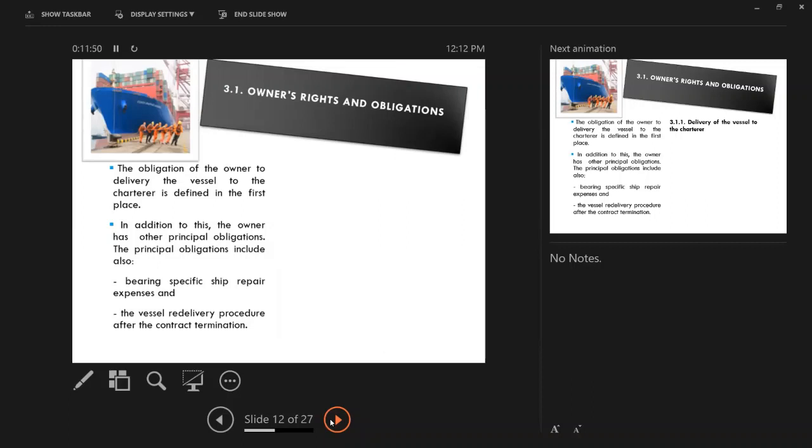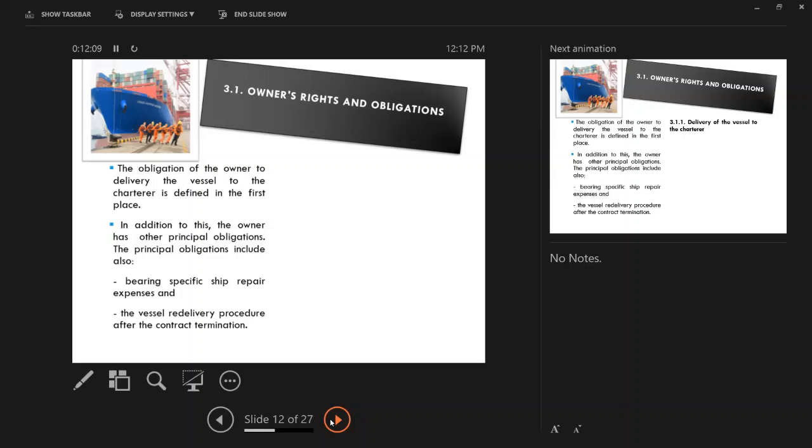Let's see some owners' rights and obligations. I would like to start with the owner as a first example of content of bareboat charter parties. So first of all, the obligation of the owner to deliver the vessel to the charterer is defined, of course,